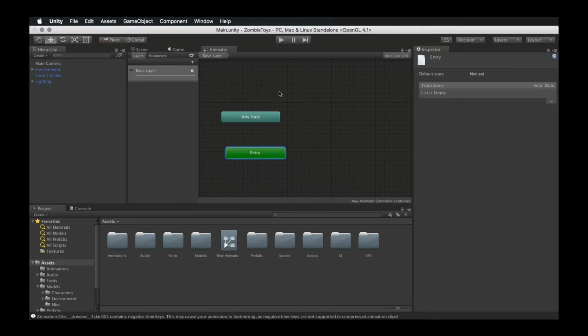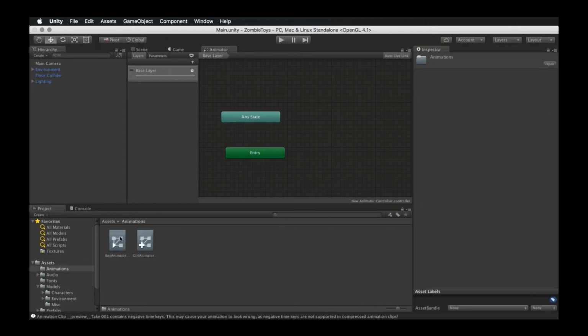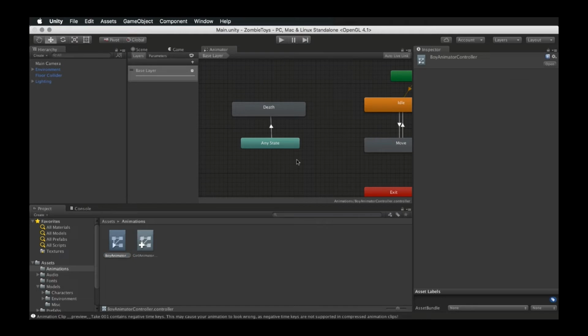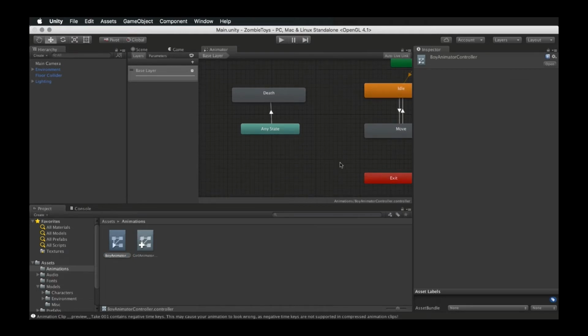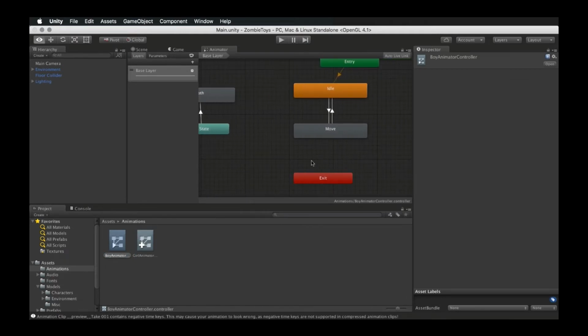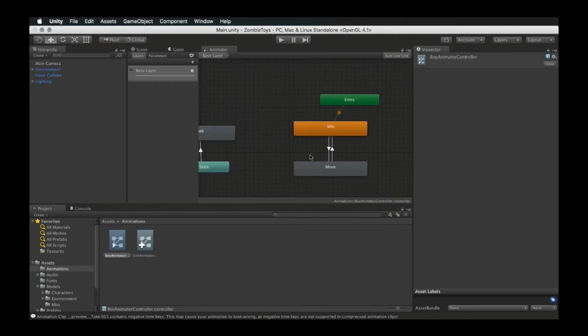I'll take a look at an Animator controller that comes with this project, looking in the Animations folder under Assets, and there's a Boy Animator controller and a Girl Animator controller override. I'll double-click on the Boy Animator controller. In here, we see our state machine. I'll hold Alt and the left mouse to pan over, and we can see that I've got an idle state,